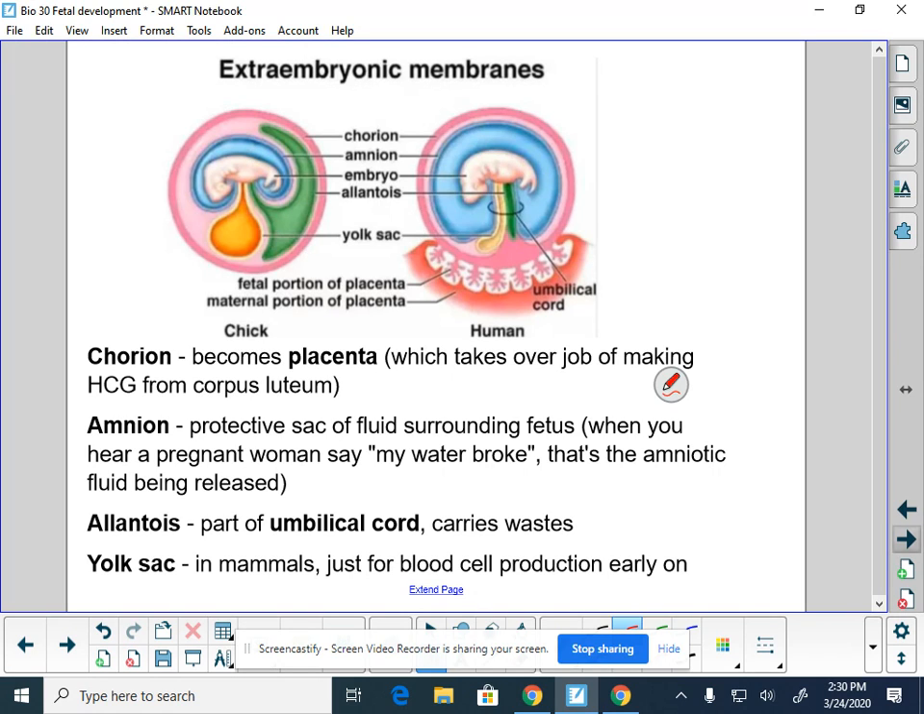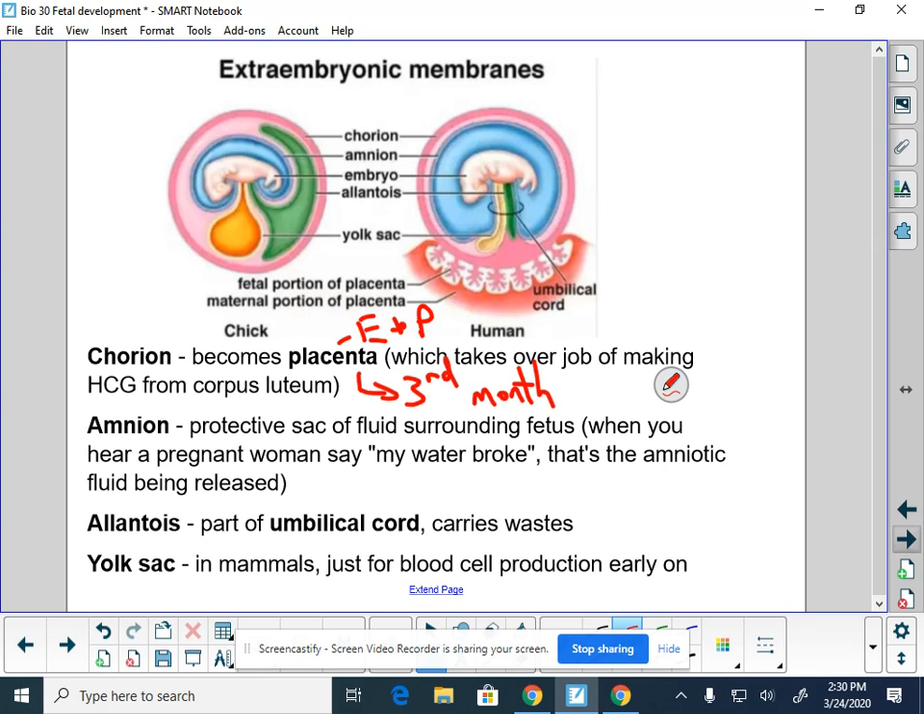The chorion becomes the placenta, which takes over the job of making HCG from the corpus luteum. That forms after about the 3rd month as well, which means the corpus luteum is doing its job of estrogen and progesterone production for about the 1st trimester of pregnancy. After that, the corpus luteum fades away or breaks down. The placenta takes over making estrogen and progesterone and continues to do that up until about 8 3/4 months of